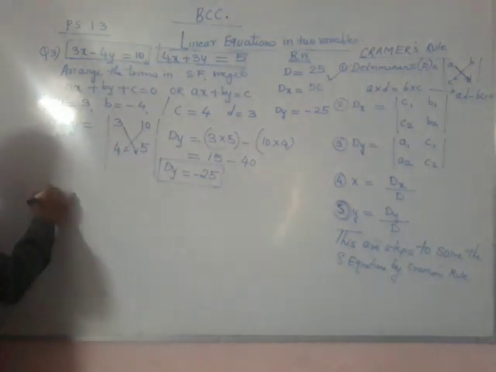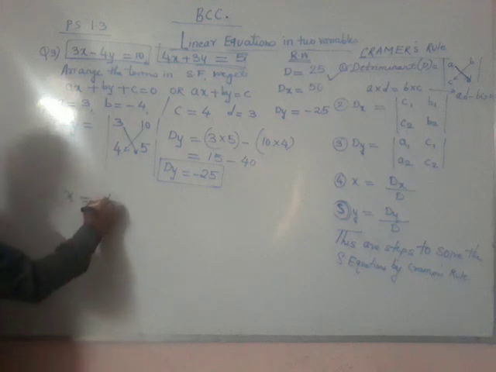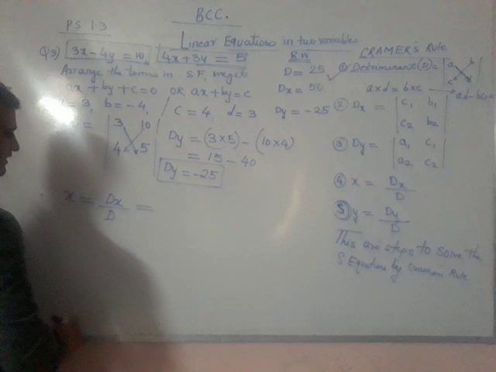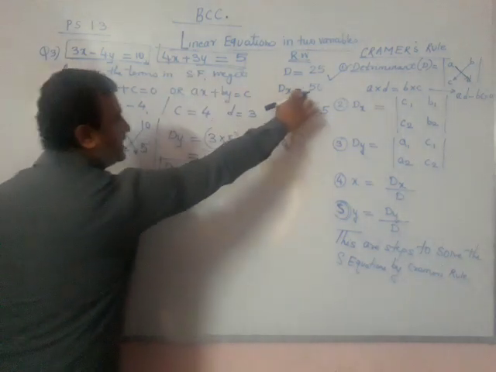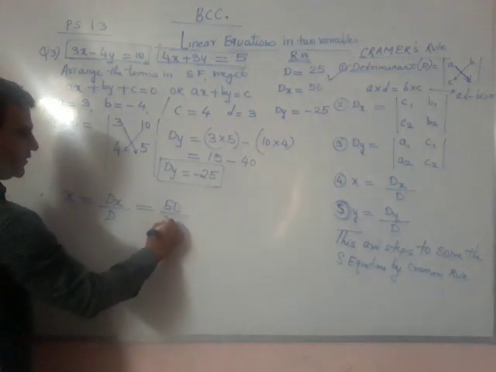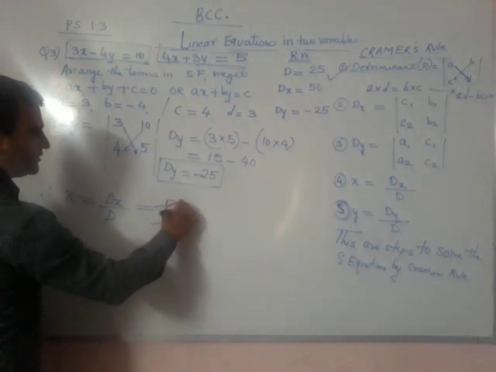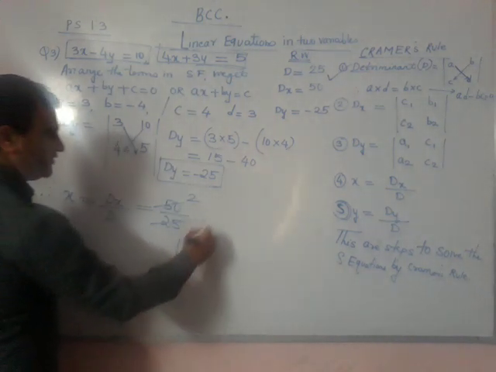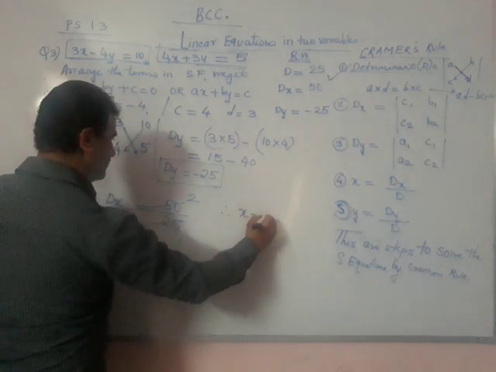अभी x ढूंढेंगे चिल्ड्रंस। x is equals to, क्या फॉर्मूला है x का? dx upon d। यस, that gives us dx का वैल्यू ढूंढो कितना है? 50। यस, अपॉन d का वैल्यू कितना है? 25। 25 1s are 25 and 25 2s are 50. So here I got the value of x